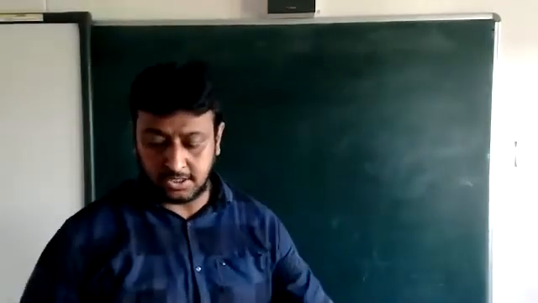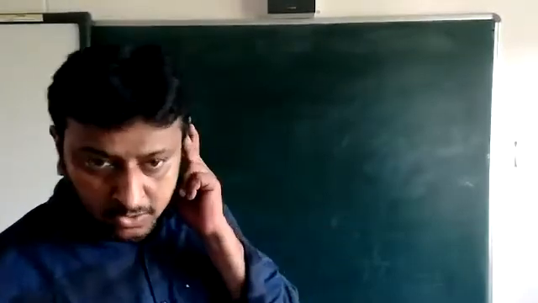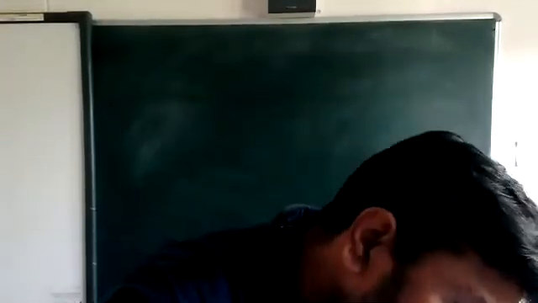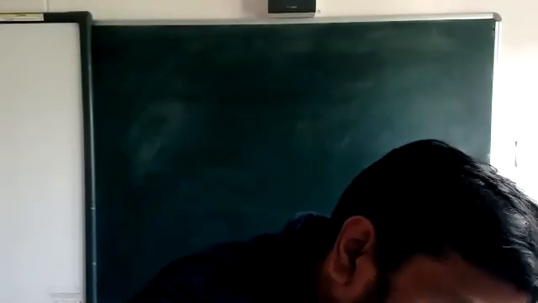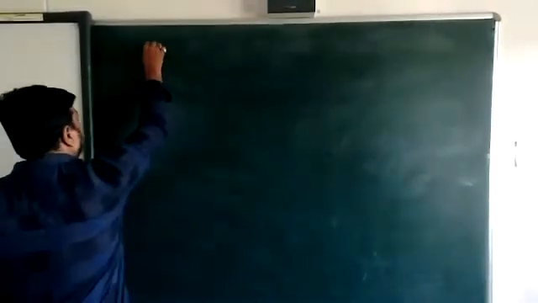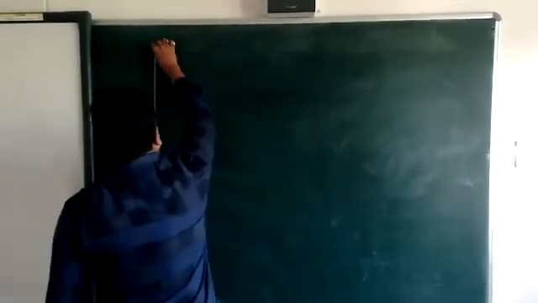Okay, students, we are going to solve the next question, and the next question is 8a. In this 8a, we are going to prepare the accounting equation for the following. Started business with cash and goods, both. Two things they are utilizing for the starting of business. First, make the pro forma.